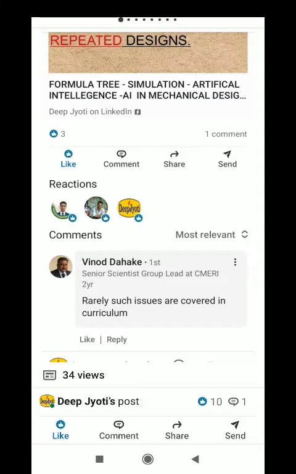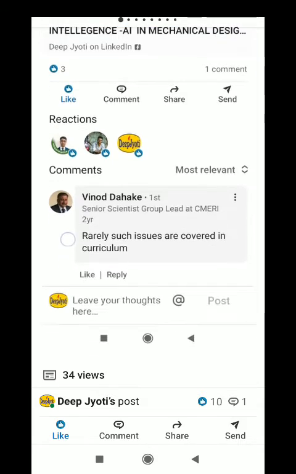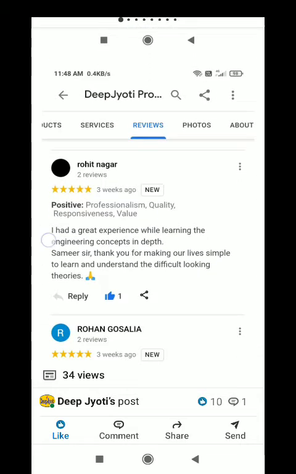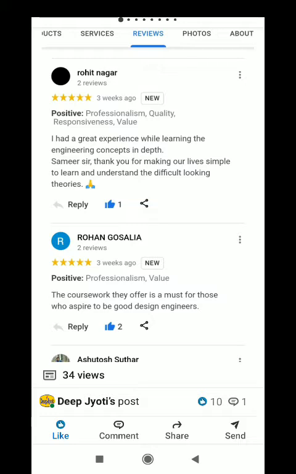Rarely are such issues covered in the curriculum. Yes, professors are very good at formulas, but you don't know how to apply them in the real engineering world. It requires both practo-theoretical knowledge. Practo-theoretical knowledge means you know the theory, you design by theory, and you make that component or assembly and product. You test it, then again some flaws and mistakes will be there. You rectify, go to the design board, go to theory, again rectify, come up with new factor of safety parameters, and redesign it. Now this requires practical experience, and we have that level of experience.